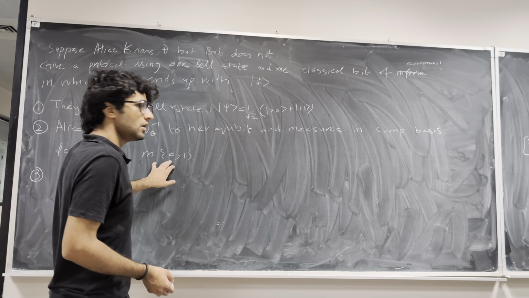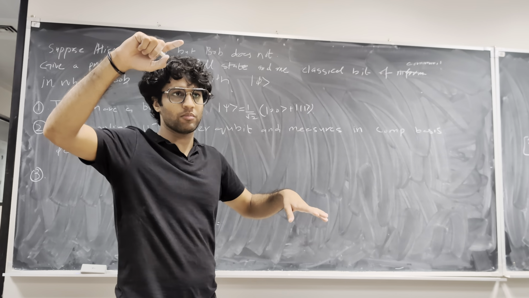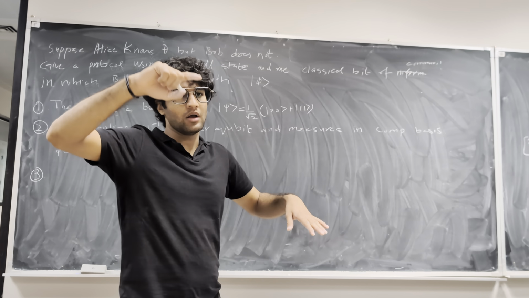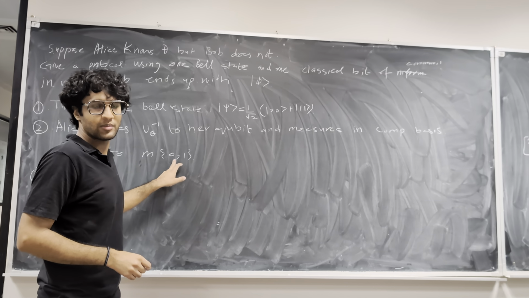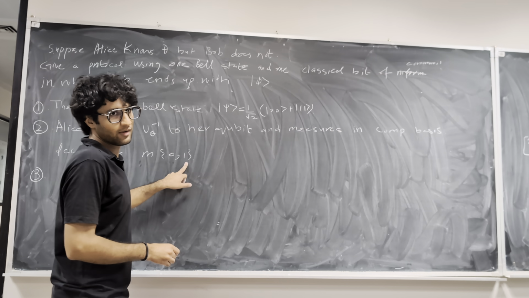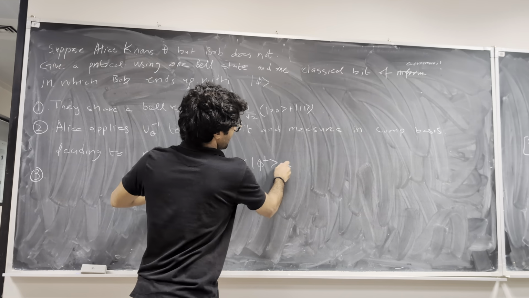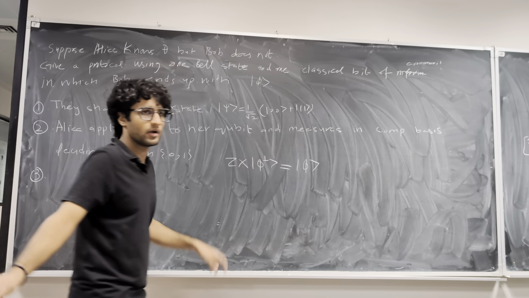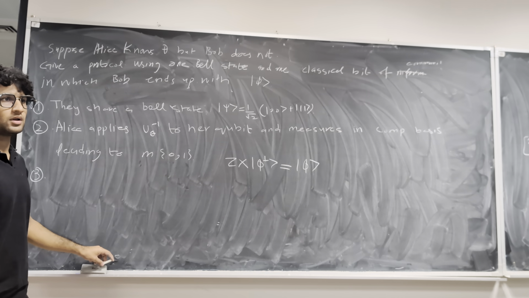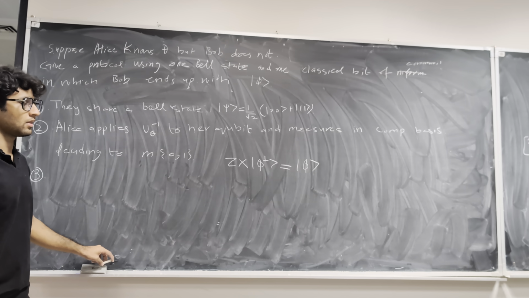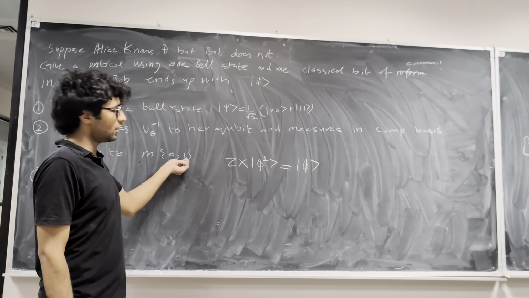वो उसको बता दे कि भाई ये है या ये है। तो अब आप चले जाएं क्वेश्चन, इसी क्वेश्चन के पार्ट ए के ऊपर, राइट? अगर तो मेजरमेंट वैल्यू 0 है तो कुछ भी ना करो, अगर मेजरमेंट वैल्यू 1 है तो क्या करो? Yes, ZX लगा दो so that you end up with that's it. ठीक है, ये बात समझ आ गई? अगर तो मेजरमेंट आउटकम 0 है तो डू नथिंग, अगर मेजरमेंट आउटकम 1 है तो ये लगा दो।